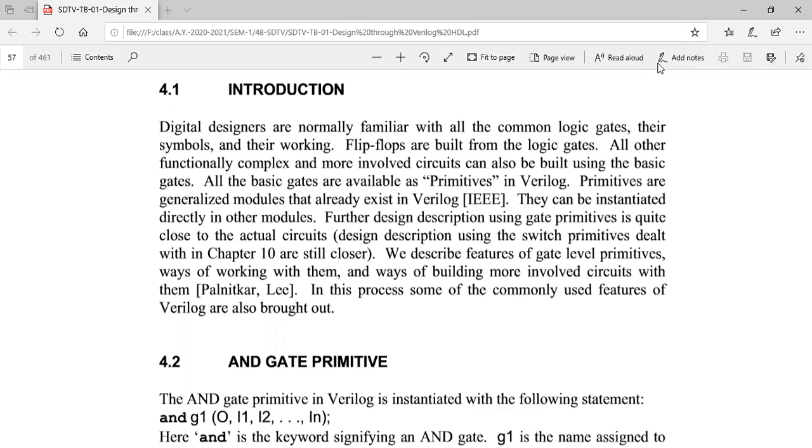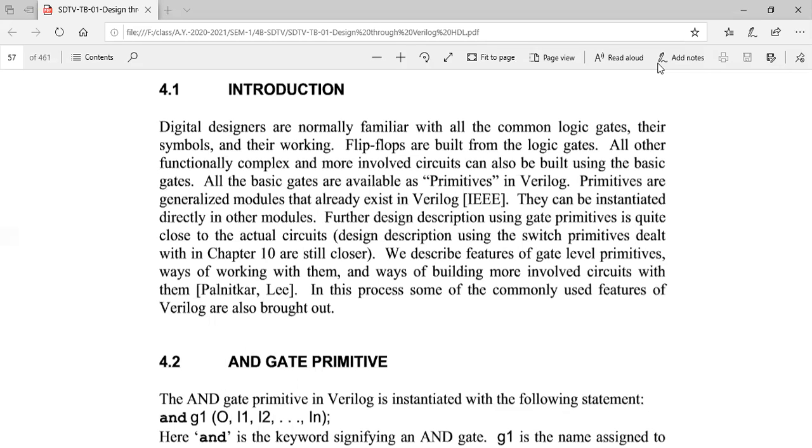In the later classes, we'll be seeing the tri-state gates, arrays of instances of primitives, design of flip-flops with gate primitives, and we have different types of delays, strengths, and resolution, net types, design of basic circuits. We'll see all these topics in the gate level modeling. That is unit 2. First, we'll start with gate level modeling.